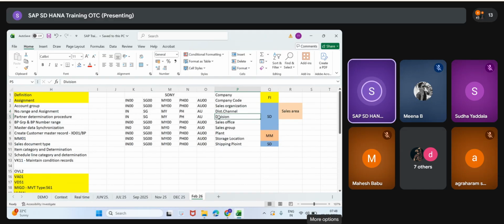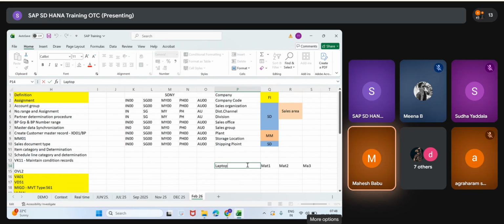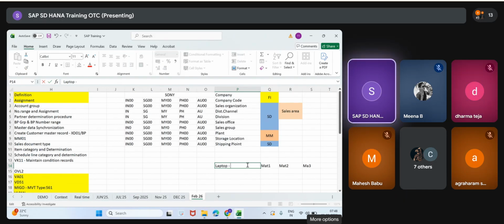Division is a product line. Suppose there is a laptop division, taking an example from technology. Under laptop there are many models, material 1, material 2, many models, right? All of these are one division, the laptop division. Laptop division means L1.